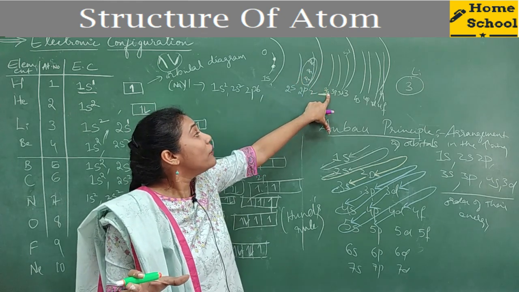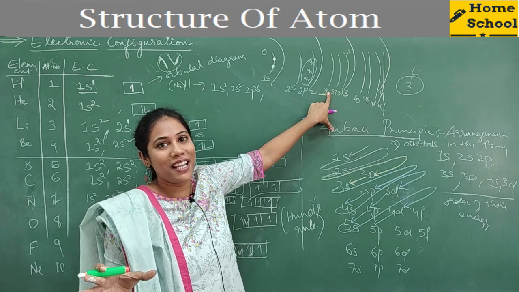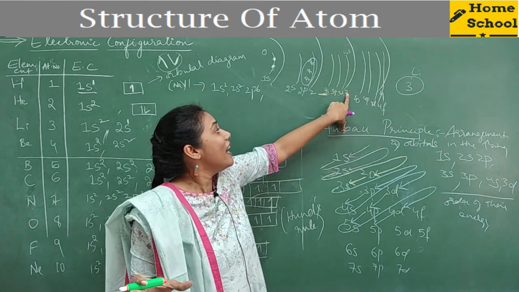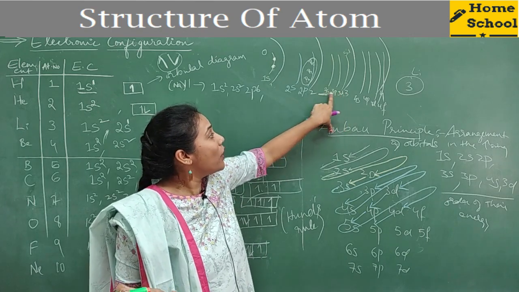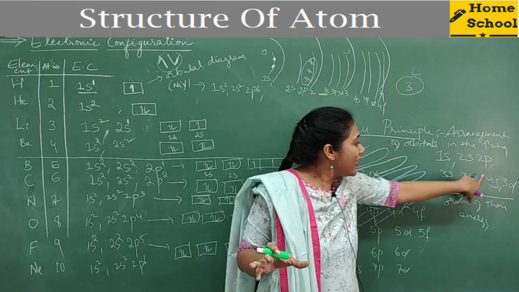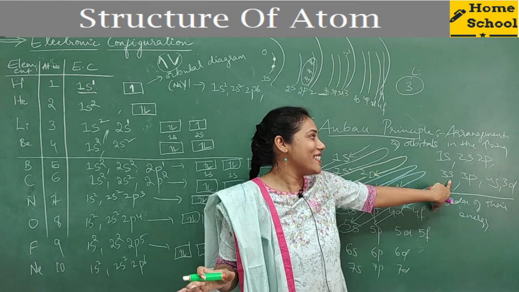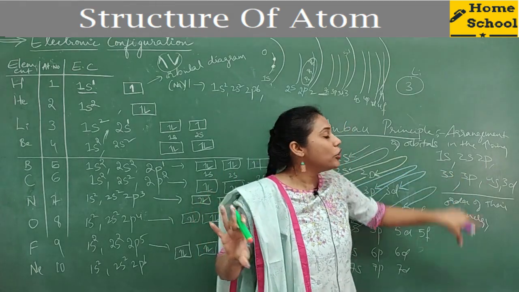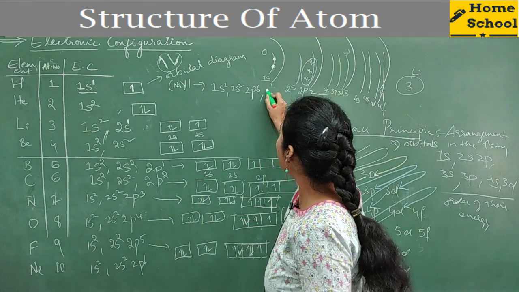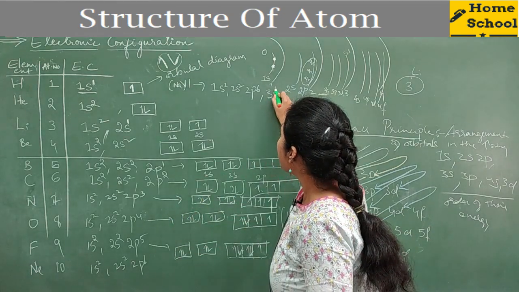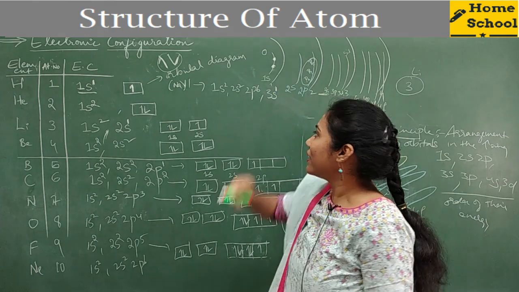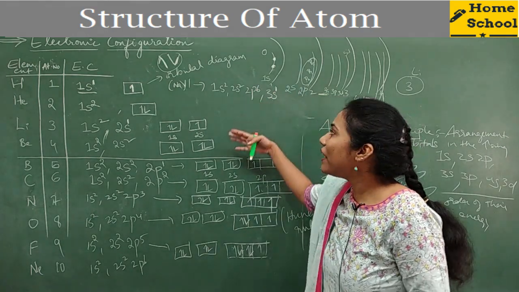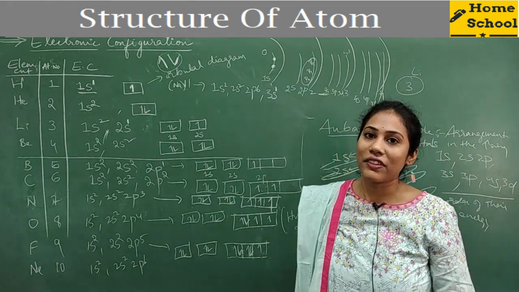Now the electron will go to the 3s subshell. Now the electron is going to the third main shell. Under the third main shell, among these subshells, which one has the least energy? 3s has the least energy. See, after 2p is completely filled, the electron will go to the 3s subshell. So it is an s subshell, and here the 11th electron is present. Clear, everybody? So this is how you have to go on writing electronic configuration.